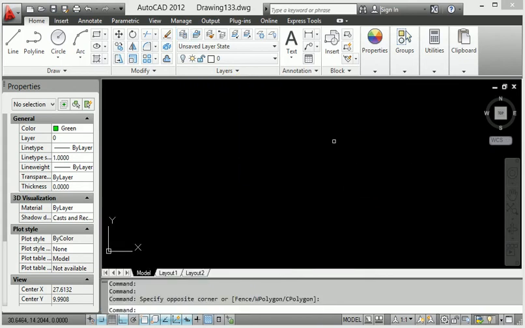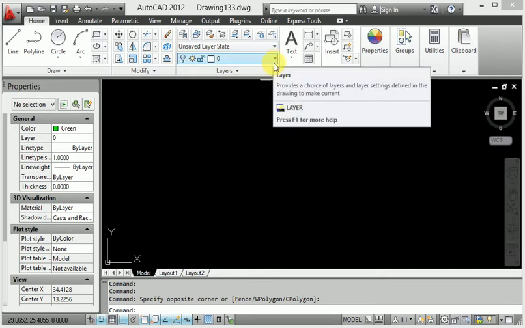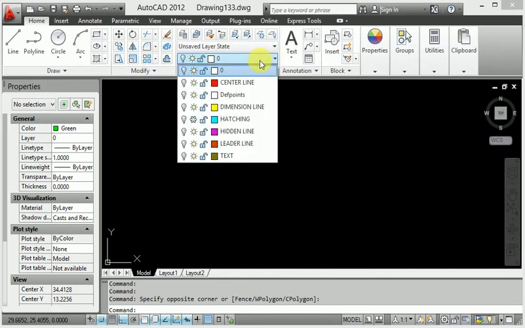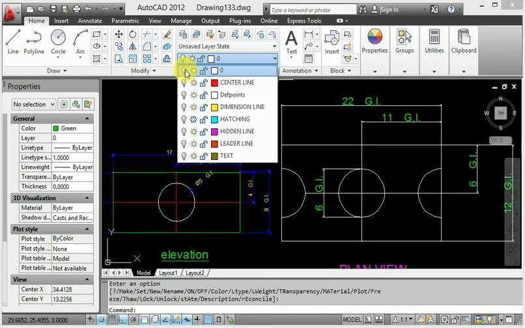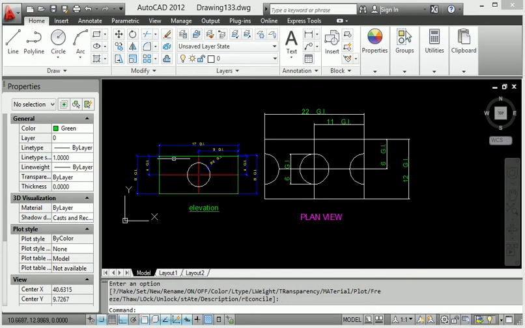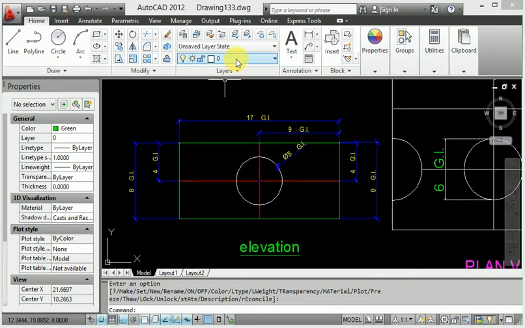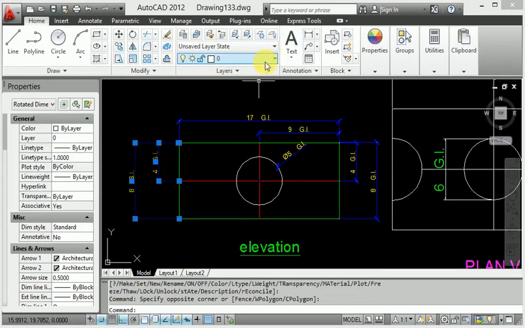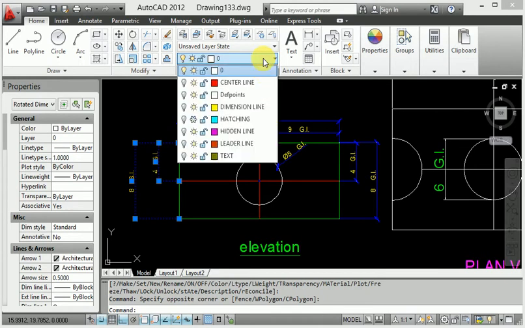Okay, our diagram, whatever diagram I have created, is not showing in the background. When I check the layer here, this is the first layer, object. Every command is only one layer. So when I shift to a particular layer, I select this dimension and click the layer, go to dimension.